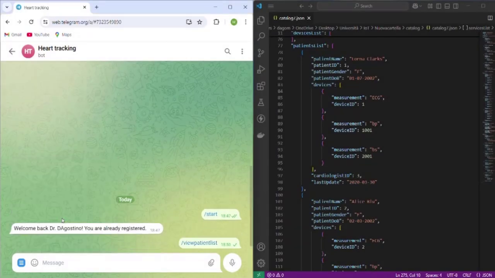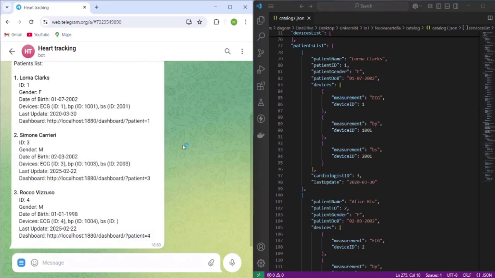On Telegram, the cardiologist can also view the list of patients in his care and access the Node-RED dashboard for each of them.